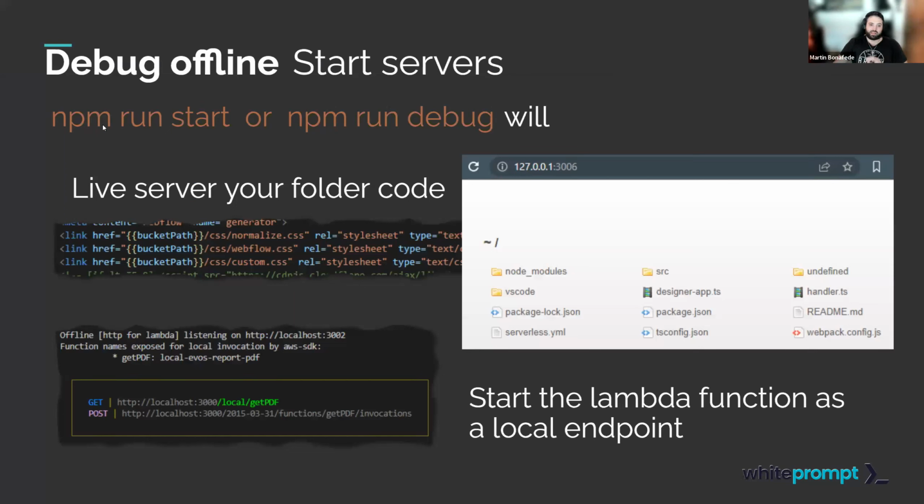Basically, when you run npm start, it will start the live server. This bucket part will change to your local path with your local port that the live server starts. It will assign it automatically. Why do we start the live server? Because we need to load the CSS and we can check it locally. If we make CSS or JavaScript changes locally, it will load them. And the other thing, it will start the Lambda on another local port,